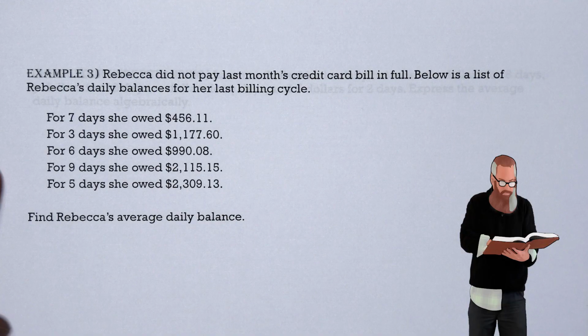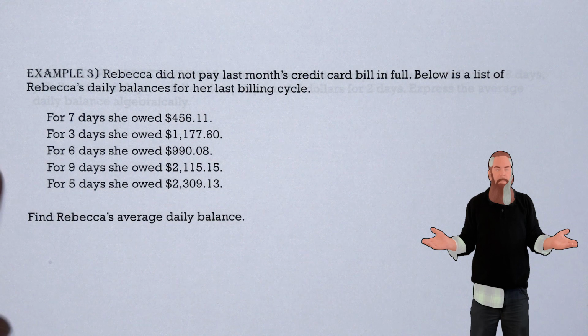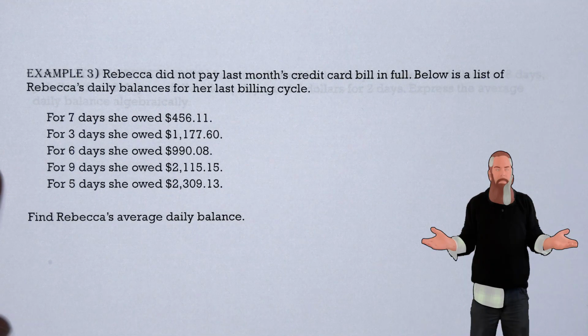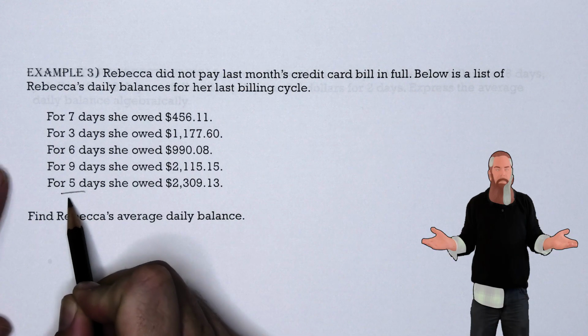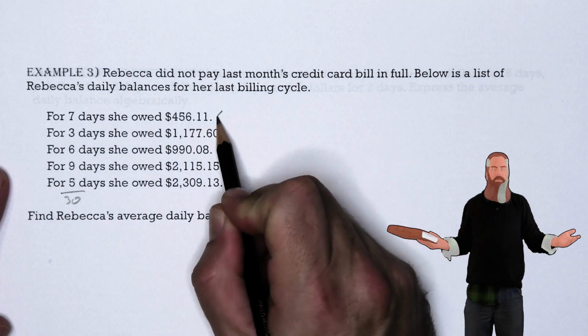The average daily balance is an arithmetic average. The arithmetic average is also called a mean. To find the average, you add the balance for the entire billing period and divide by the number of days. By adding up all of these days, we can see that we have 30 days in this billing cycle. With 7 of those days owing